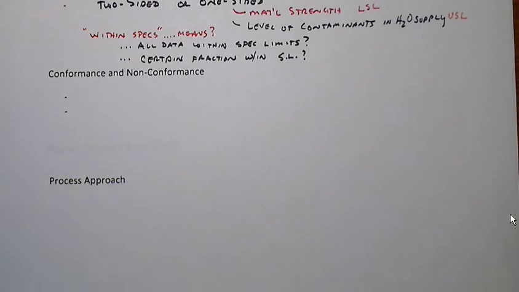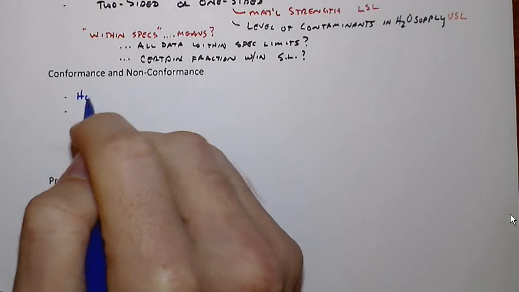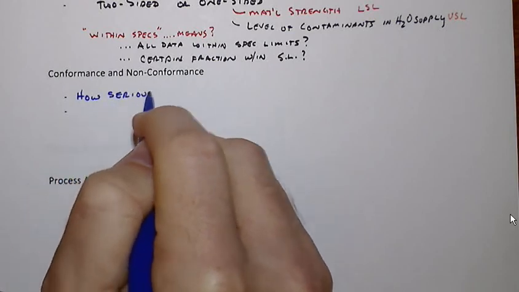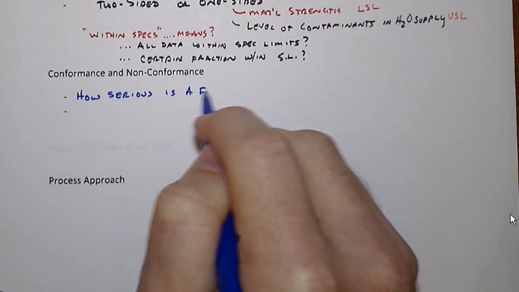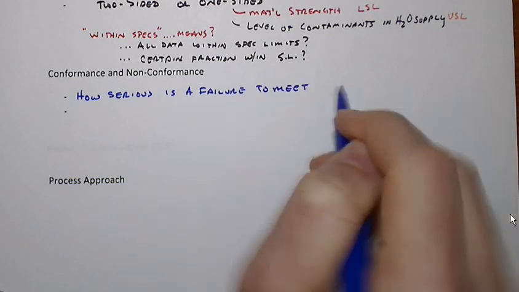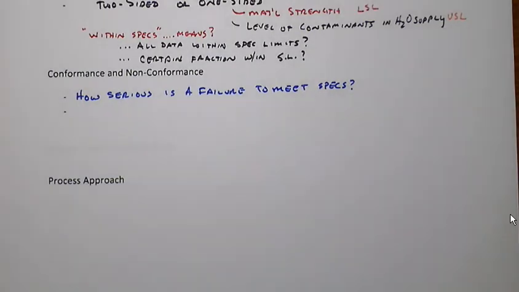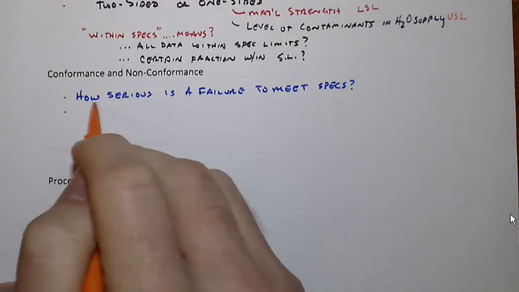So what it means to be not in conformance is partly going to be a risk-related question, and that is, how serious is a failure to meet the specs? Is this critical? Do you have, say, catastrophic collapse of a building because something is not meeting the spec? Or instead, is this not really such a big deal to not meet that spec? So, you know, a way to re-ask the question is